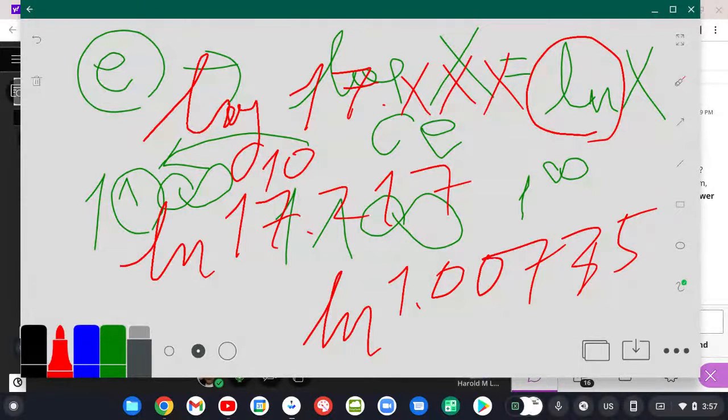But with natural log, the reason it can take log of anything is because it's based on a number that is just slightly greater than 1. And again, if it is 1, it's pointless. You cannot take log of any number to base 1, because 1